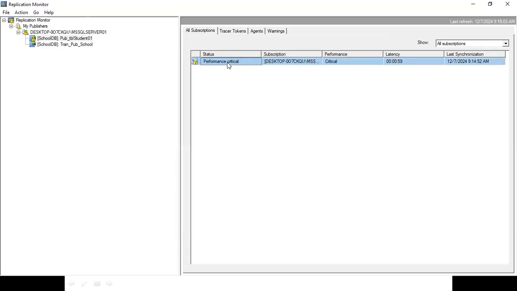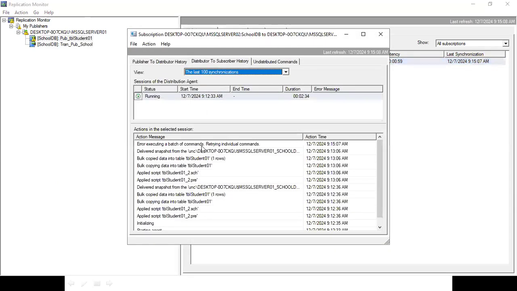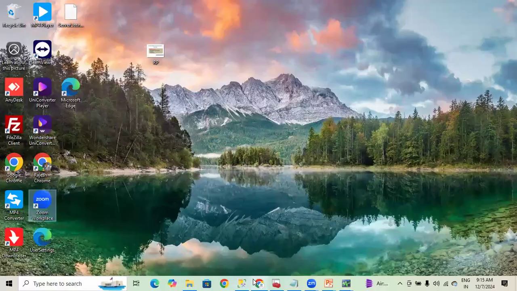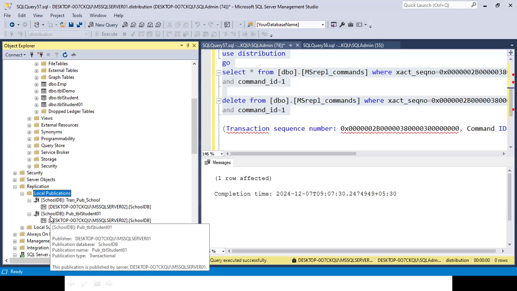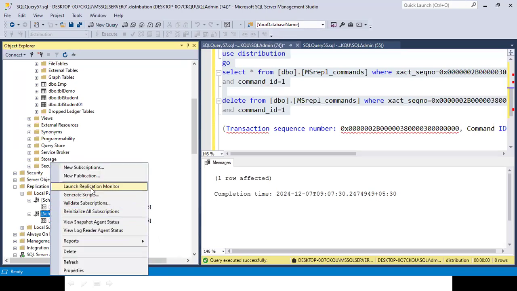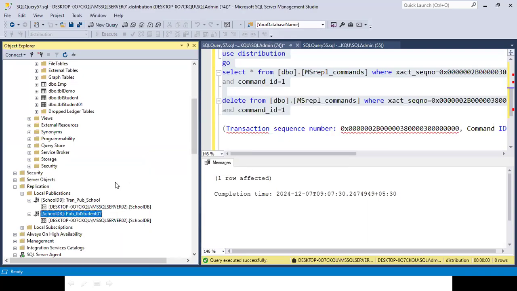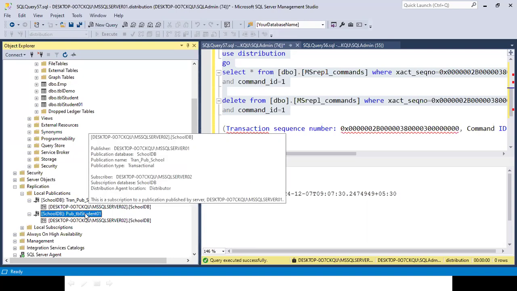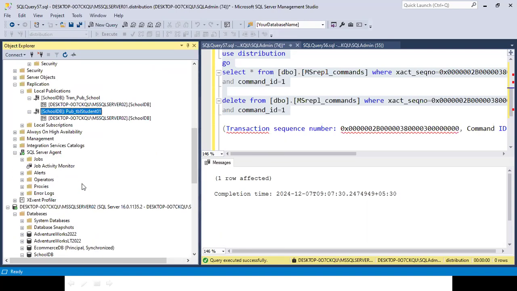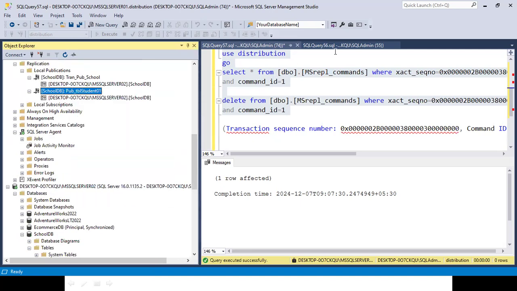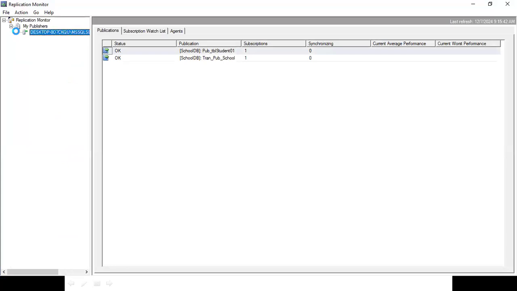Let's suppose I don't want to go into each and every detail, like which transaction is failing and retrying those transactions. So what I will do is go into the application and reinitialize, straightforward. And this reinitialization affects only whatever changes you made specific to one table. It will not impact your additional tables. You got now? And after reinitialization, if you check, you'll get good performance. Both are running fine.